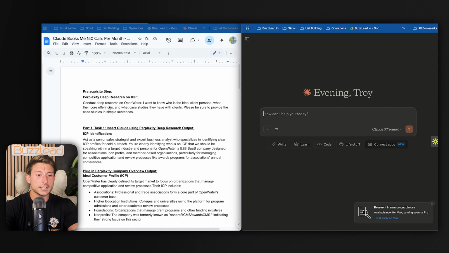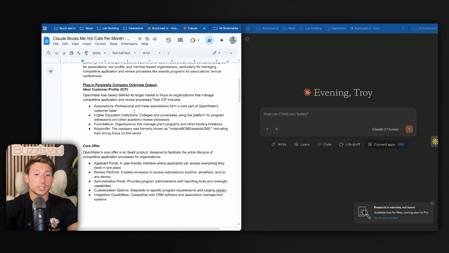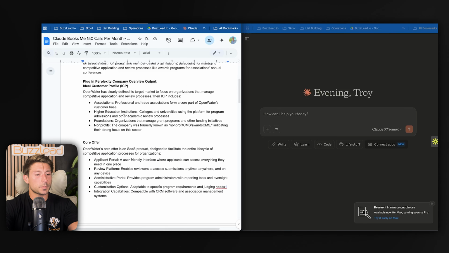And what that prompt looks like is: conduct deep research on Open Water. So in this case, I'm doing a random example. The company is called Open Water. I want to know who the ideal client persona is, what their core offering is, and what case studies they have with clients. Please be sure to provide the case studies in simple sentences. And so what that ended up giving me was an output in Perplexity, which basically just gave me what I had just mentioned,